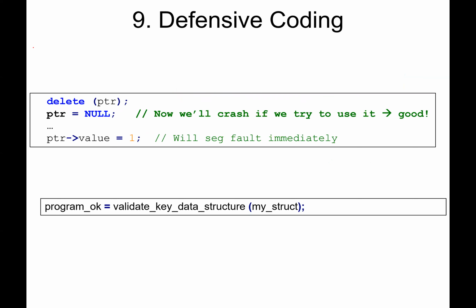Other good practices: if you delete a pointer, so you got rid of something the pointer's pointing at, if you set it to null immediately, now if you try to use that pointer, like here I tried to dereference that pointer, you'll crash right away. It's guaranteed. Basically, there's some really important data that the operating system keeps at address 0. So if you ever try to access the data at address 0, which is what I'm trying to do here, the operating system will kill you for sure, and you'll get a seg fault.